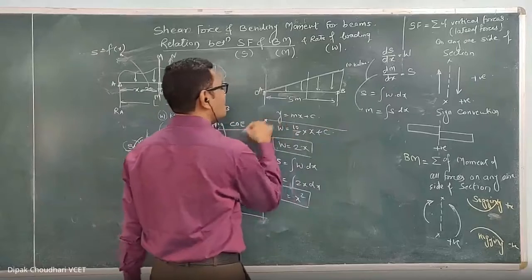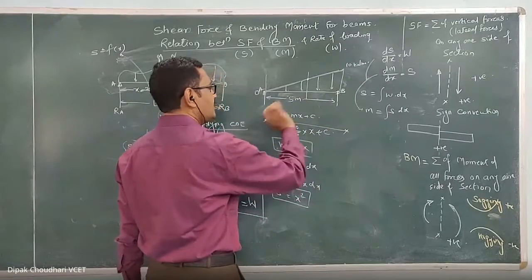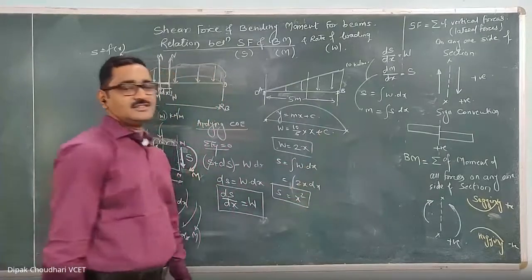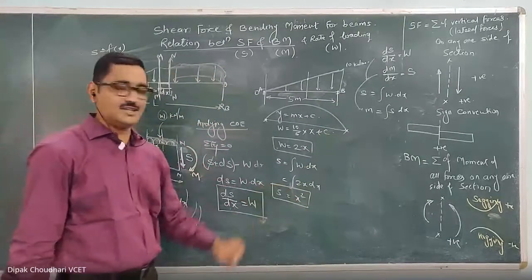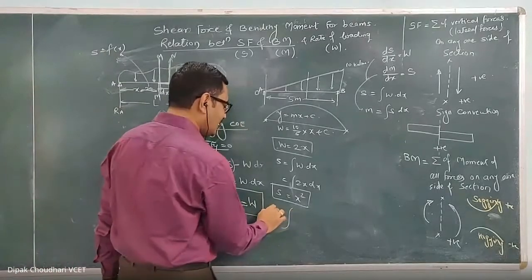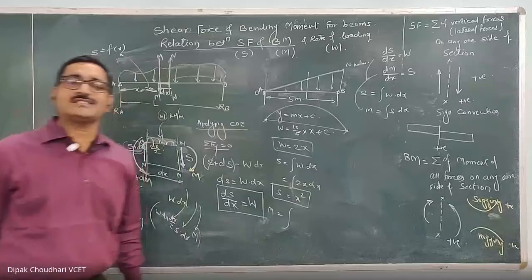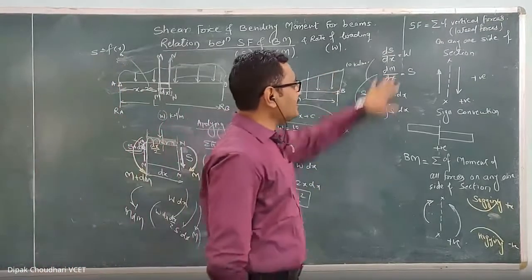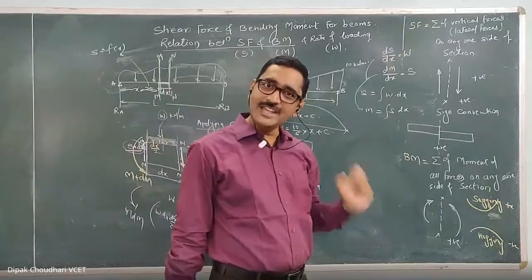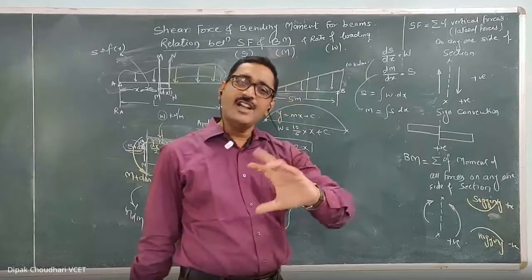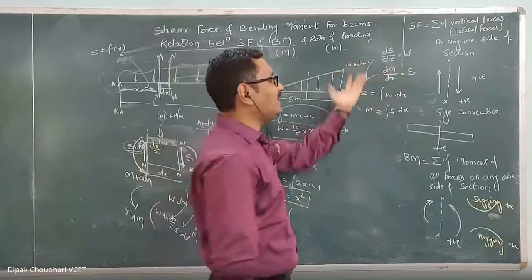If I draw the shear force here, so the equation will be a quadratic equation, shear force. It is a parabolic equation. If I integrate this again, I will get the equation of bending moment. Understood? So this way also we can solve. By writing the equation of the loading or writing the equation of shear force or bending moment and differentiating or integrating, we can get the other equations.